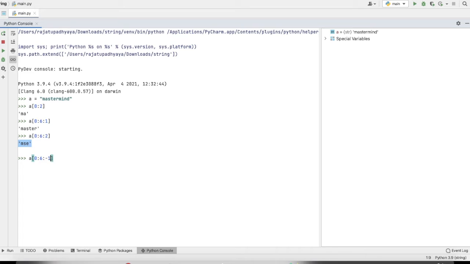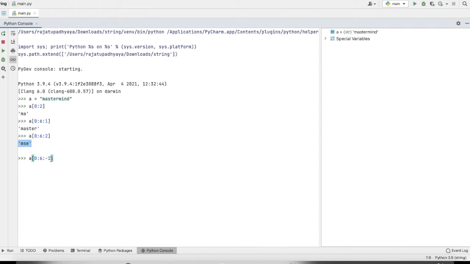I'm explaining each line, so if you have any query, kindly let me know in the comment section, because this is very important to slice any string. You should be clear on that and do practice and see the logic behind how it is working. I am trying to explain all the things here.